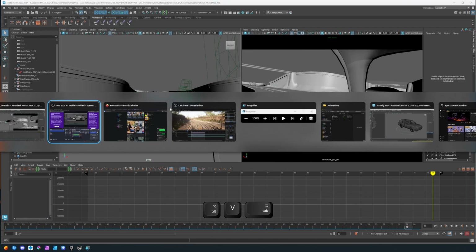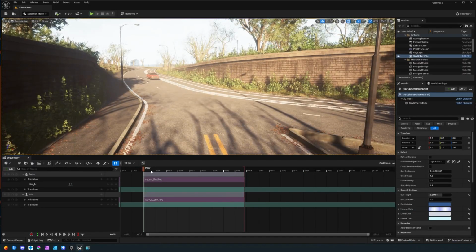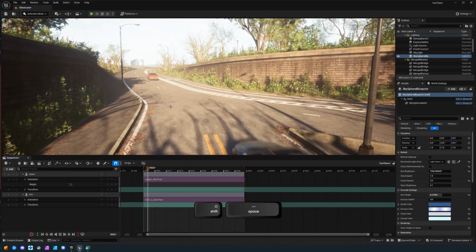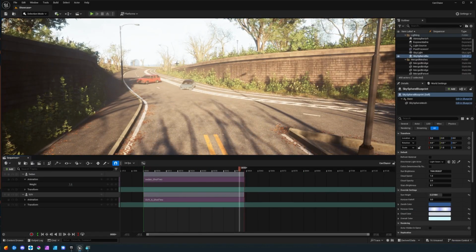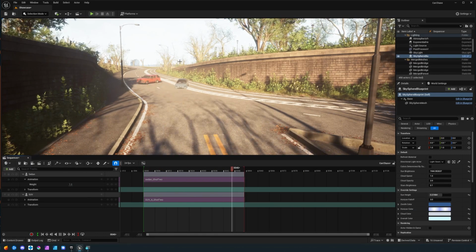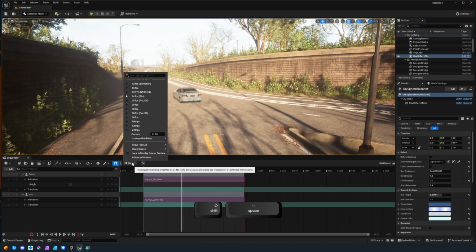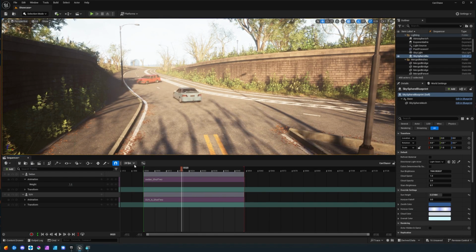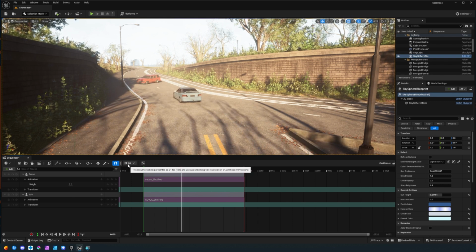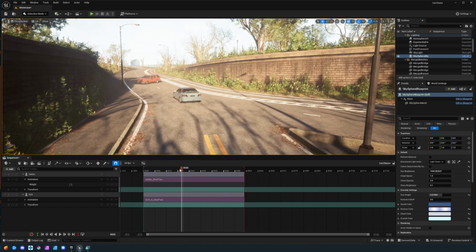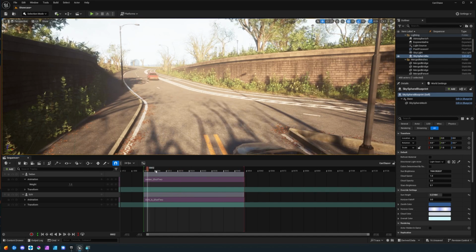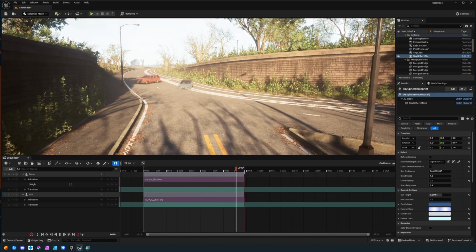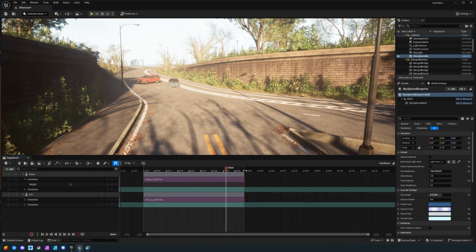Fantastic. Let's get into Unreal. Because now we have our sequence down here, and we have our scene playing. There's a couple of things I want to address. First off, make sure that we are set to the appropriate frame rate. I've shifted this to 24 frames per second. Secondly, I've changed the frame range to specifically cut on